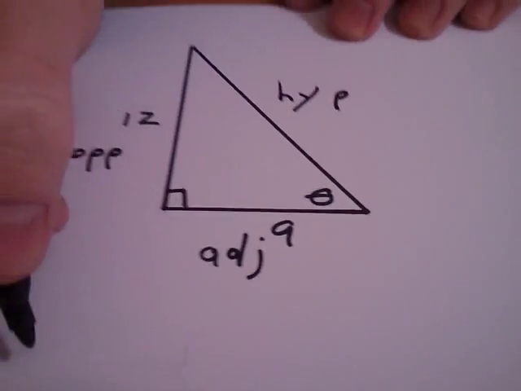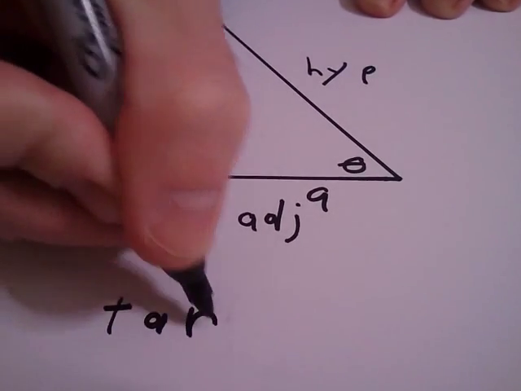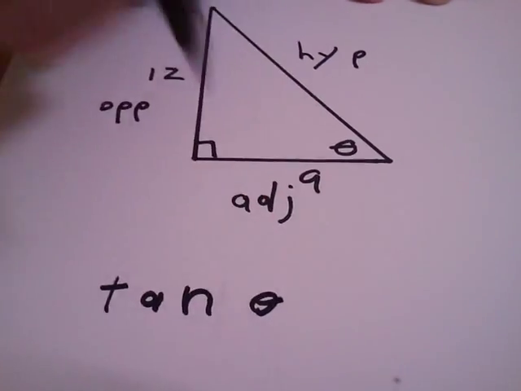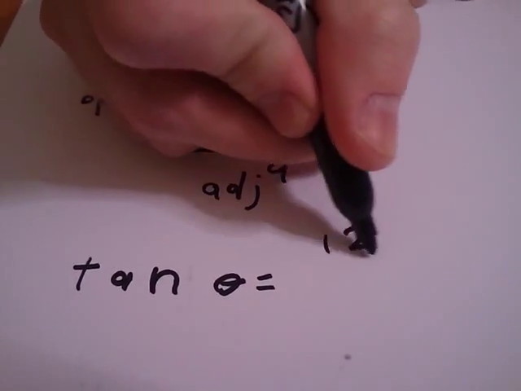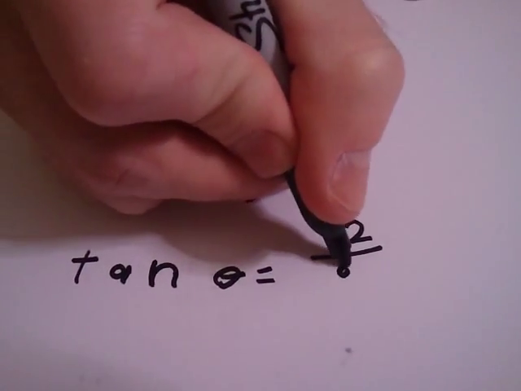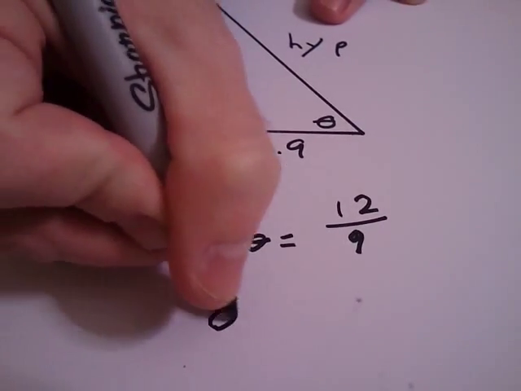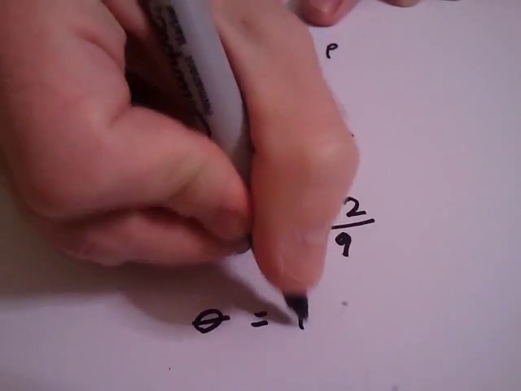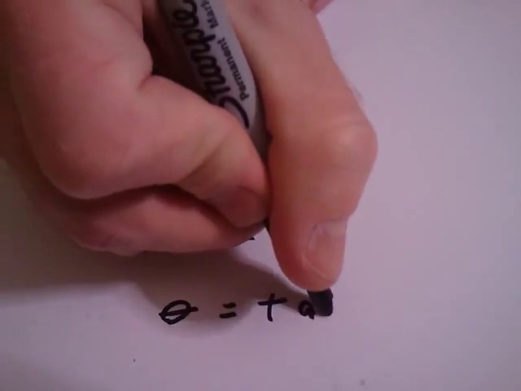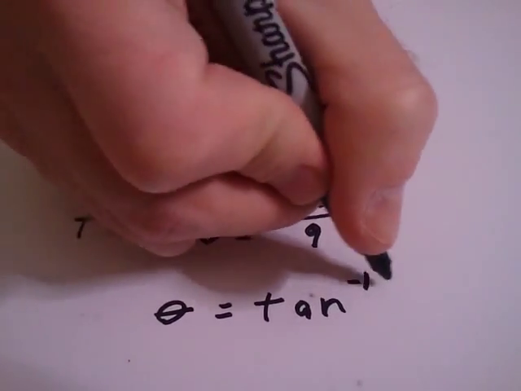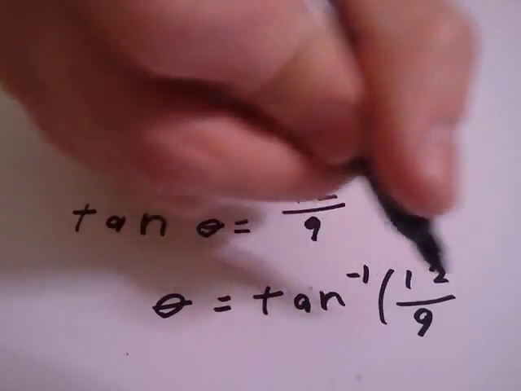So we plug in tangent of this theta that we are looking for is equal to our opposite, which is 12, over our adjacent, which is 9. We're going to have theta, again, like we saw before, it's the inverse tangent, because we want to get this tangent out of there. So we're going to take the inverse tangent of 12 over 9,